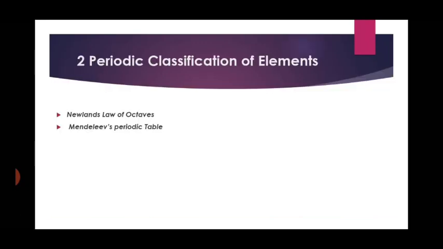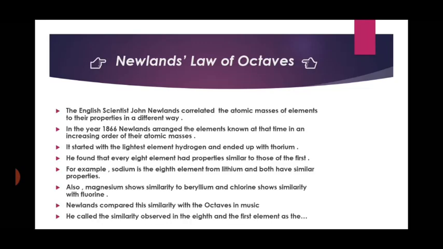Now today we are going to learn the new topic, that is Newlands' law of octaves and Mendeleev's periodic table. So let us begin with Newlands' law of octaves. He was the English scientist John Newlands, who related the atomic masses of elements to their properties in a different way. In the year 1866, Newlands arranged the elements known at that time in increasing order